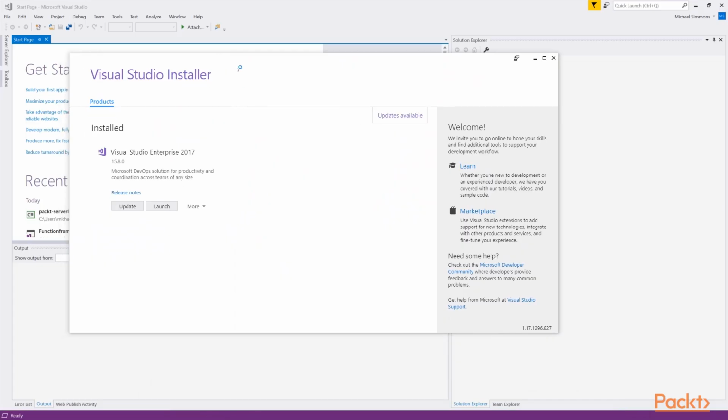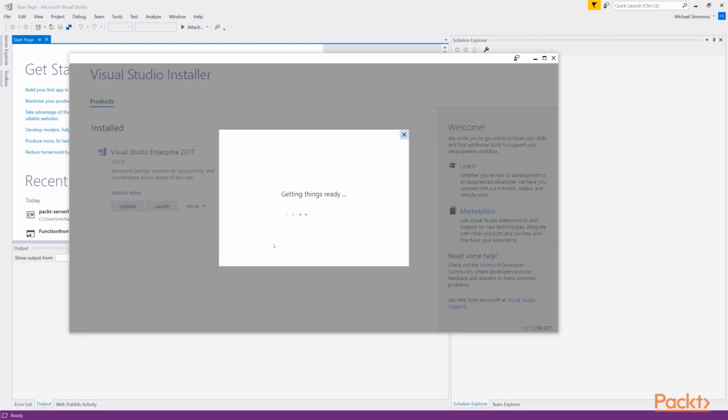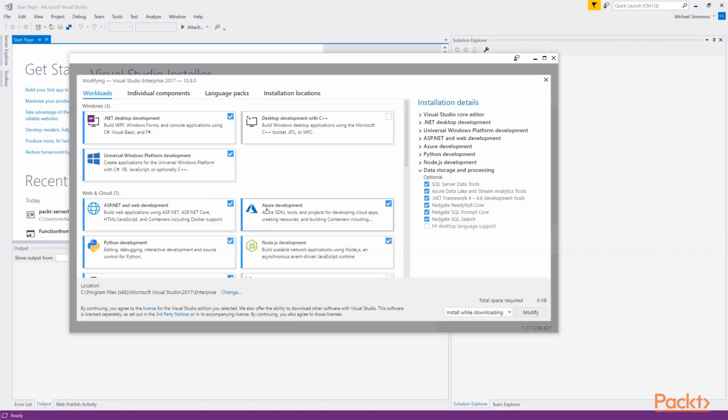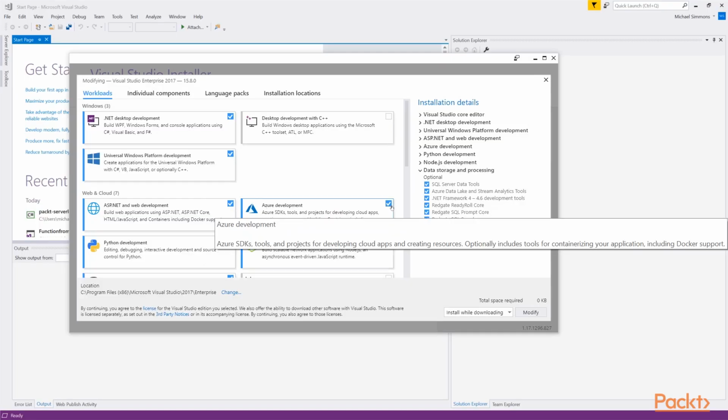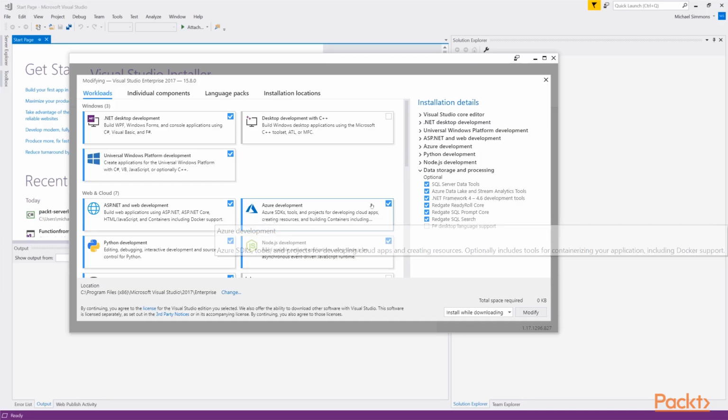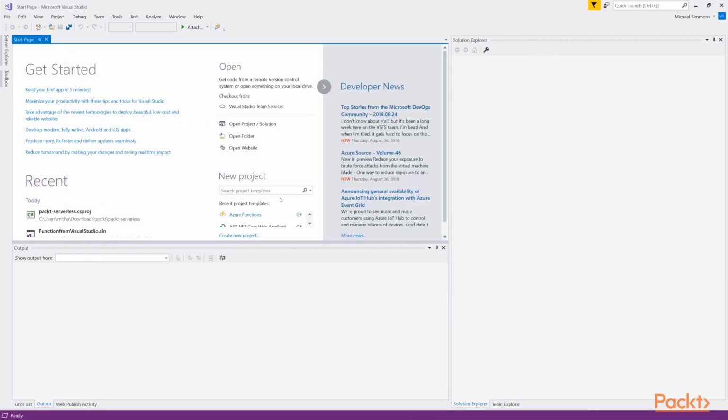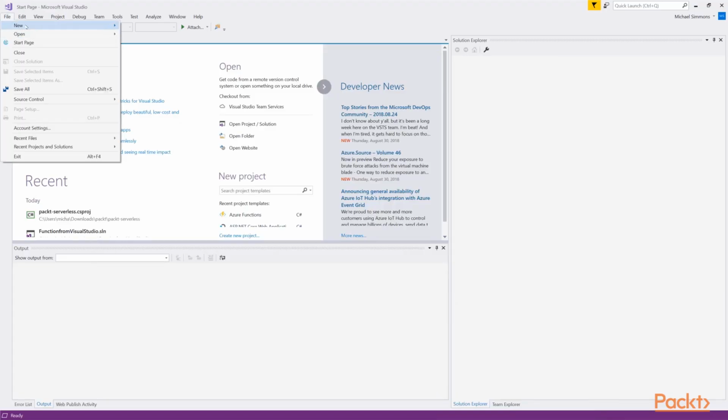And here's our Visual Studio installer, and this is the first thing that you will need to ensure, that you have the Azure workload installed. So select Modify and verify that you've got a checkbox here in Azure Development. And if that box is unchecked, go ahead and install it, download, and get your Azure tools installed. Once installed, you have the option to create a new project